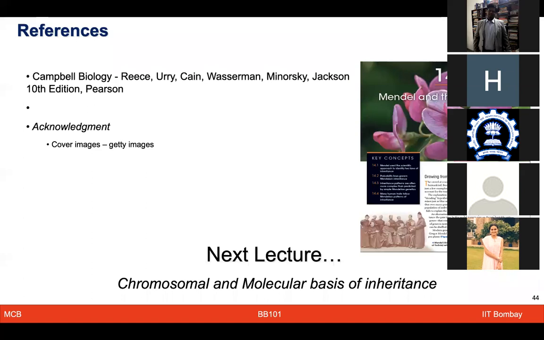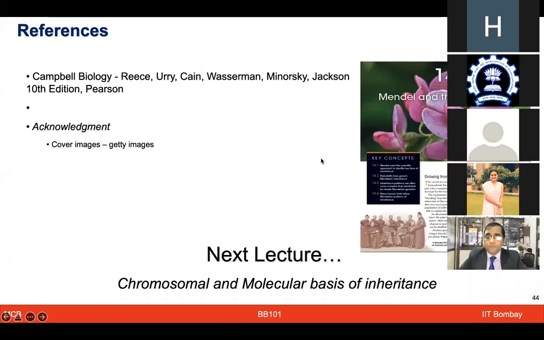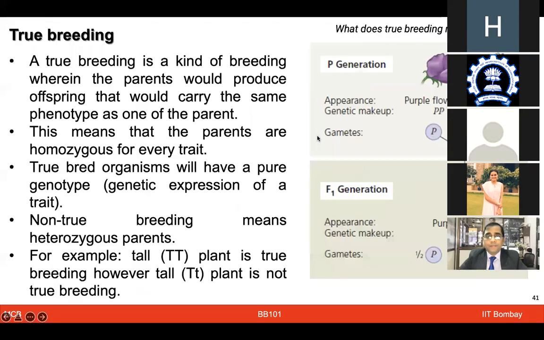Well, see, if both of them are heterozygous, it means they are carriers for that trait, right? Because they are not showing the trait, but they have the possibility of carrying that recessive trait. And that's what we saw in the capital A, small a case, right? So if I just go back to that slide